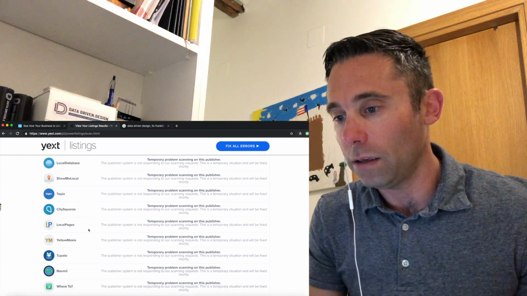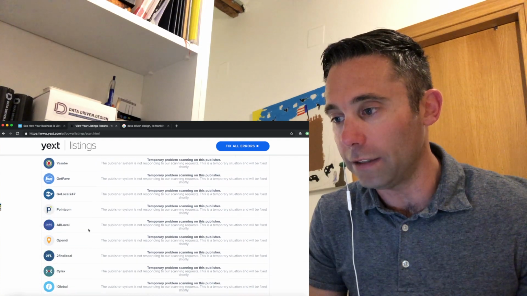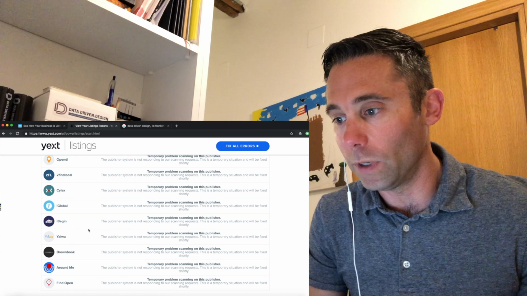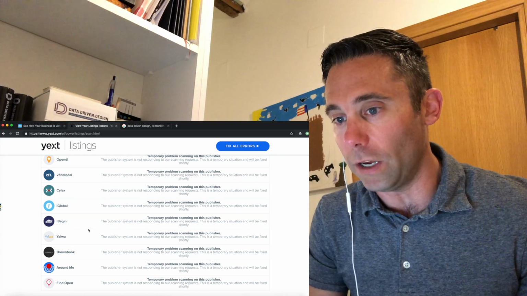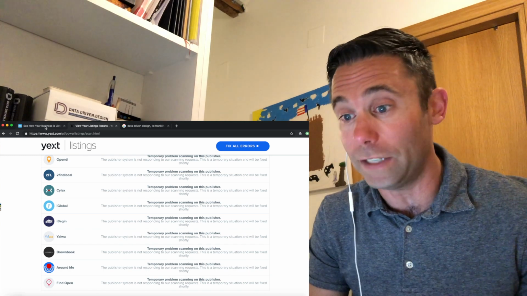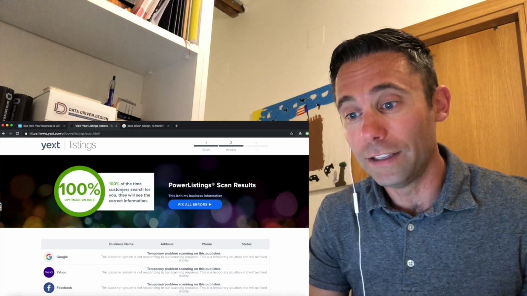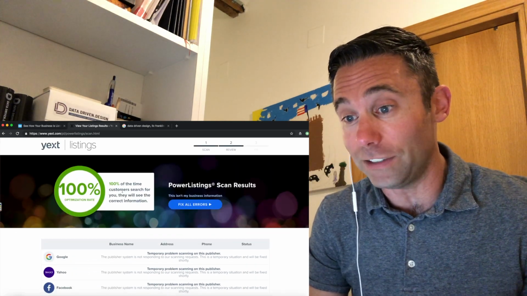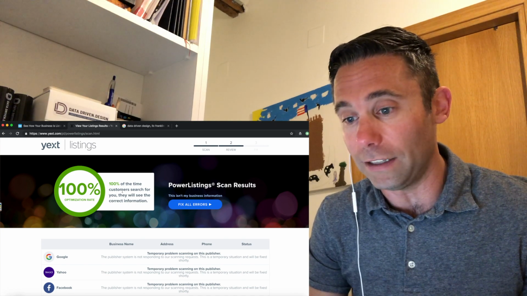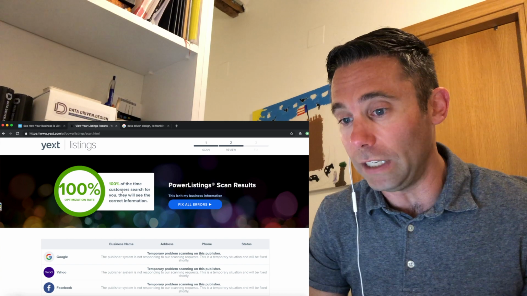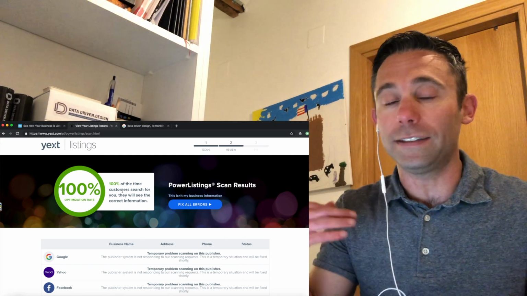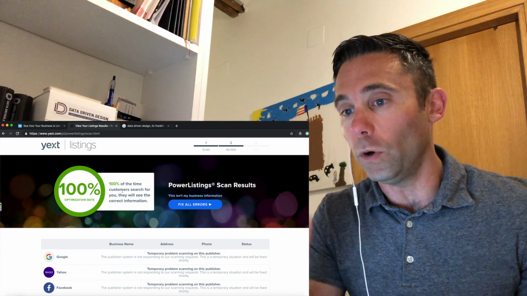And when you scan it, okay, it says unfortunately they could not find our business, but that's okay. We're going to see what a scan looks like. So here we go. We've got Google, Yahoo, Facebook, Bing, Yelp, MapQuest, Super Pages, City Search, Foursquare. Some of these you've probably never even heard of. Dex Knows, Insider Pages, Merchant Circle. I mean, like I said, there's hundreds or thousands of these that Yext and Moz will both send your information